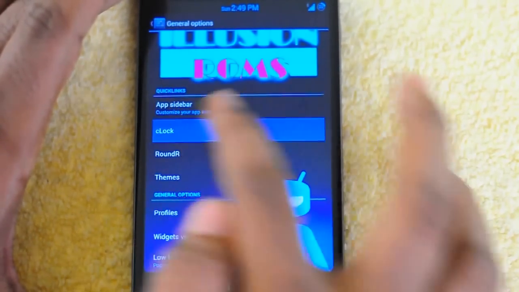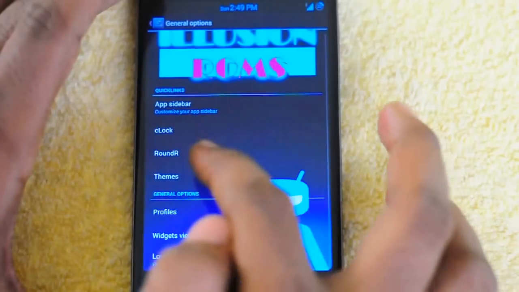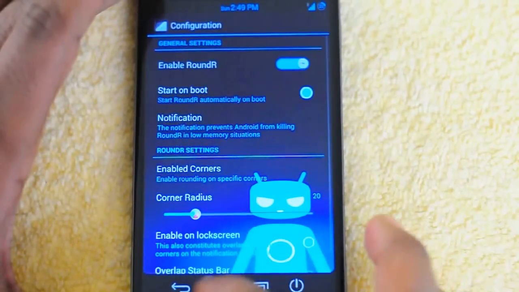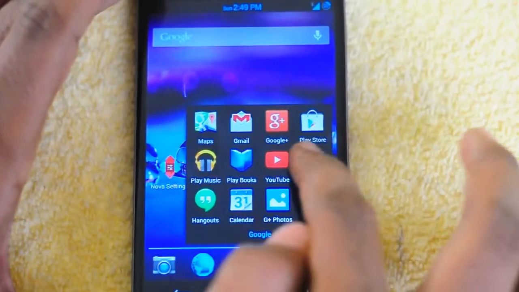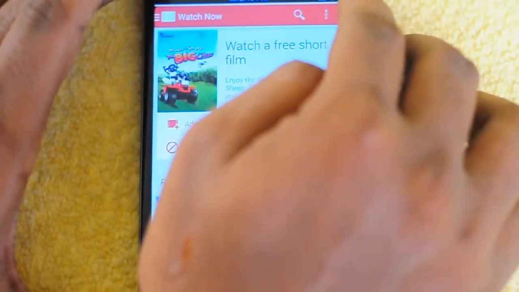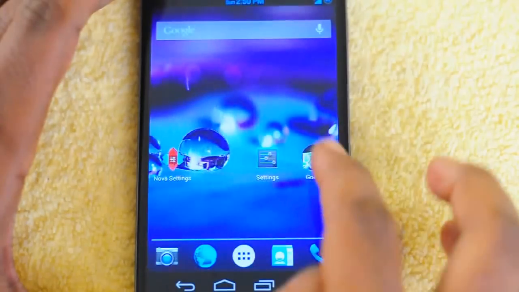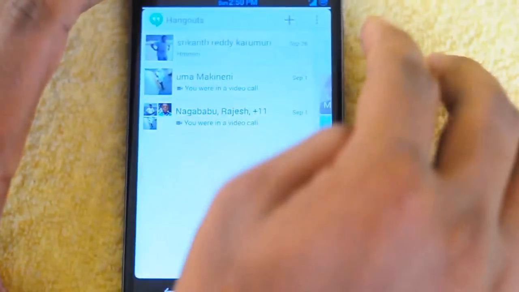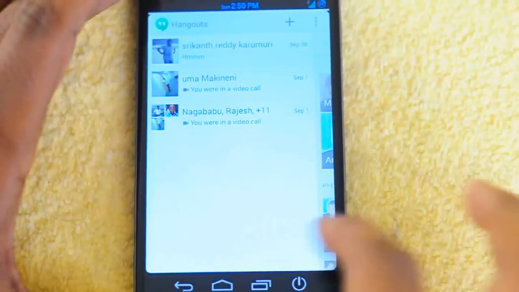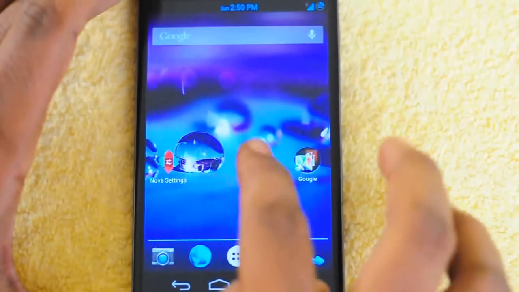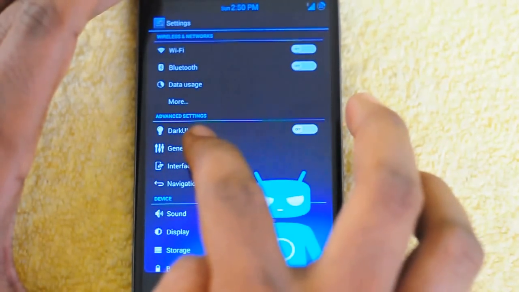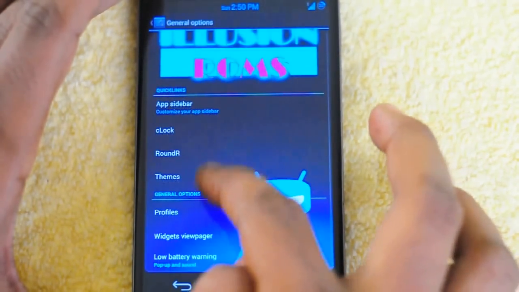and you can get quick access to that app, so that you can keep your home screen clean. We have the clock settings here. You have the round-off feature, which is built into this ROM. Round-off feature is nothing but when you open an app, you can see the rounded edges here. You can open any app and see the edges are rounded, the square edges are gone. So that's about the rounder, which is a cool feature to have.